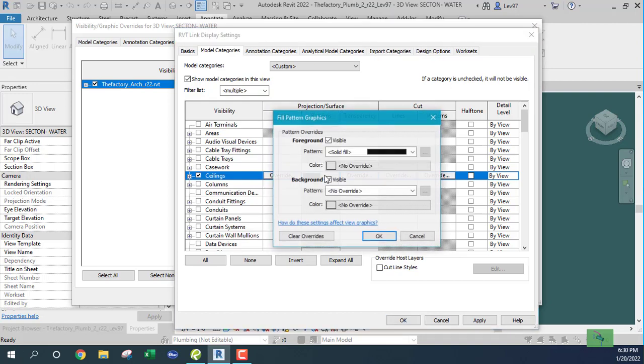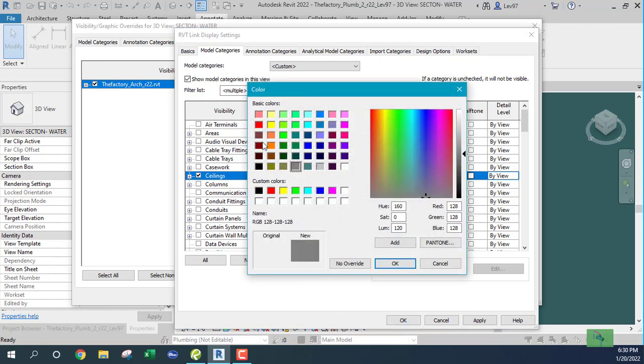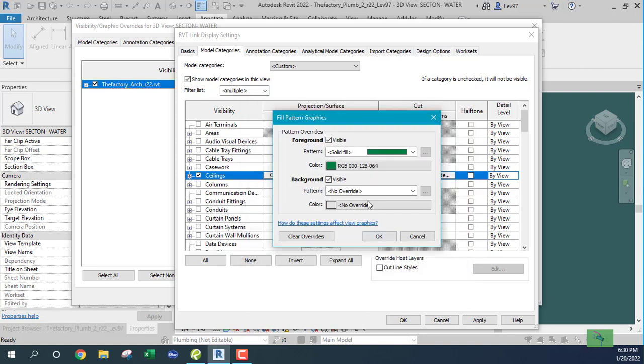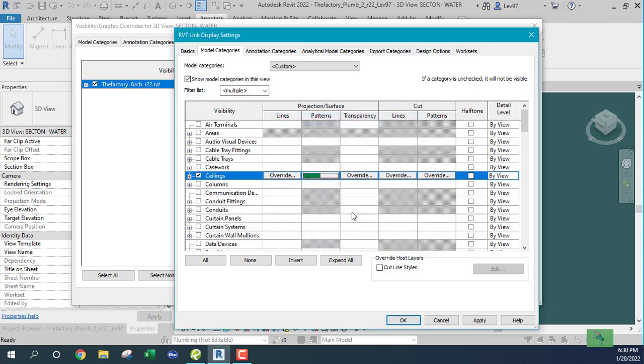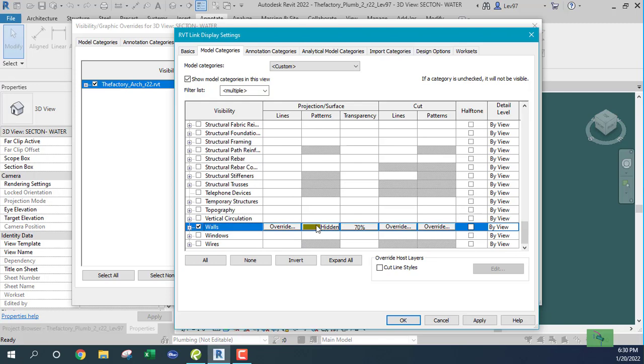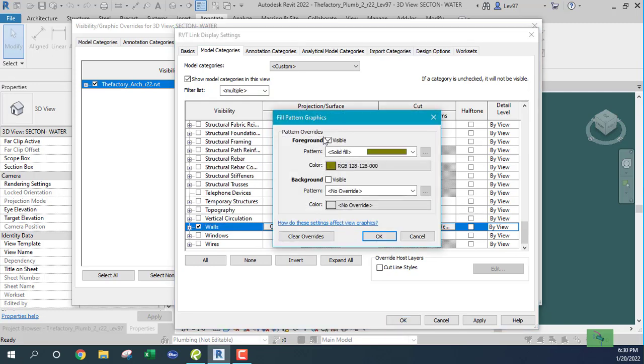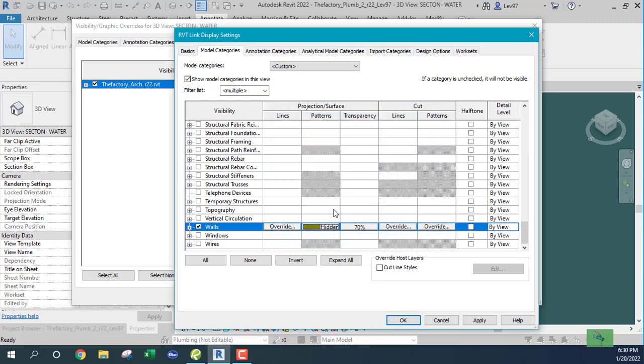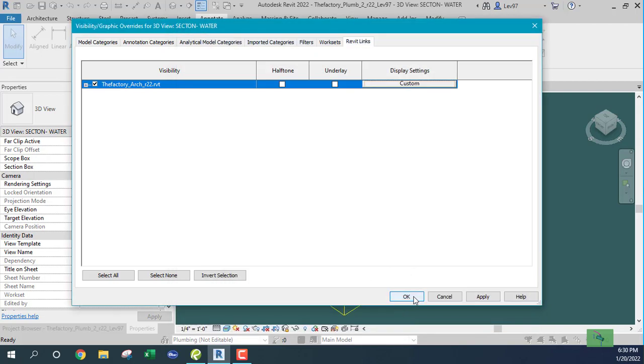Okay, what color do we want? I don't know, green looks good. That looks good, and we can go to our walls, visible, transparent. Okay, we can do that. Say okay,